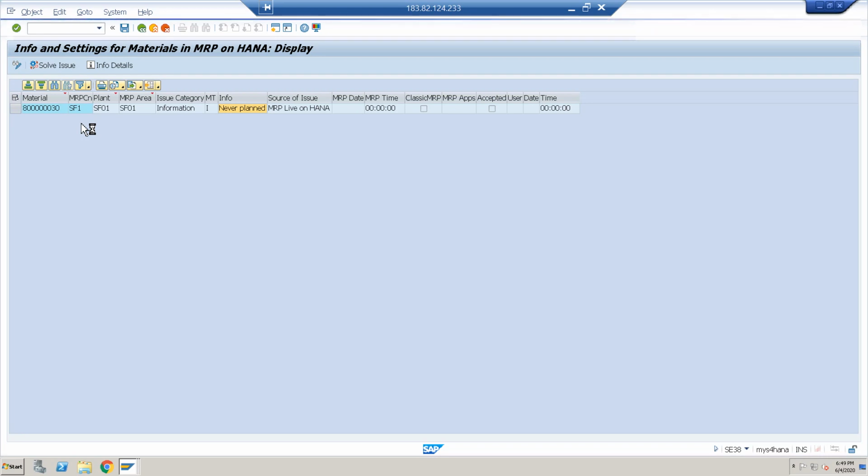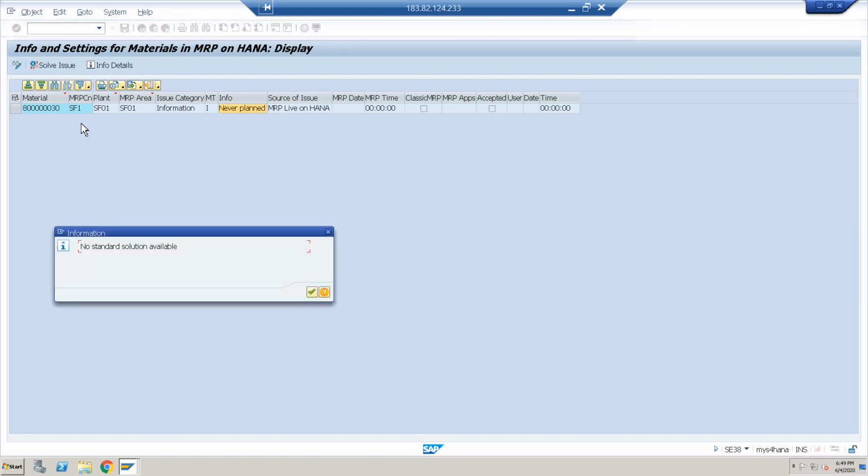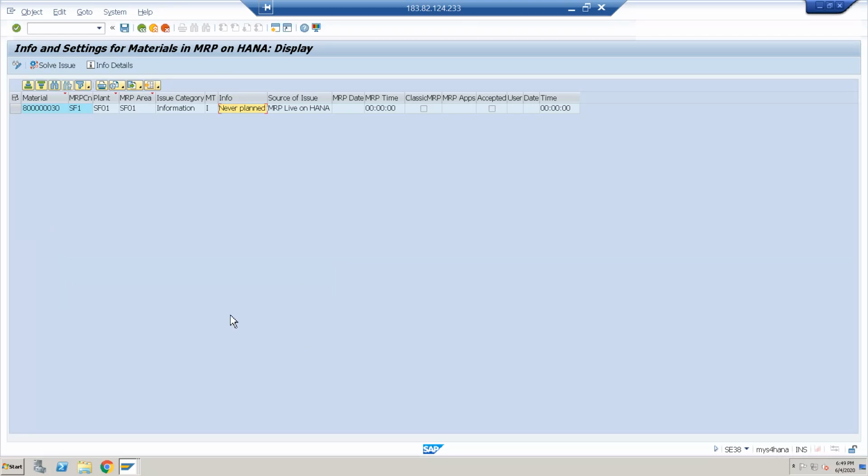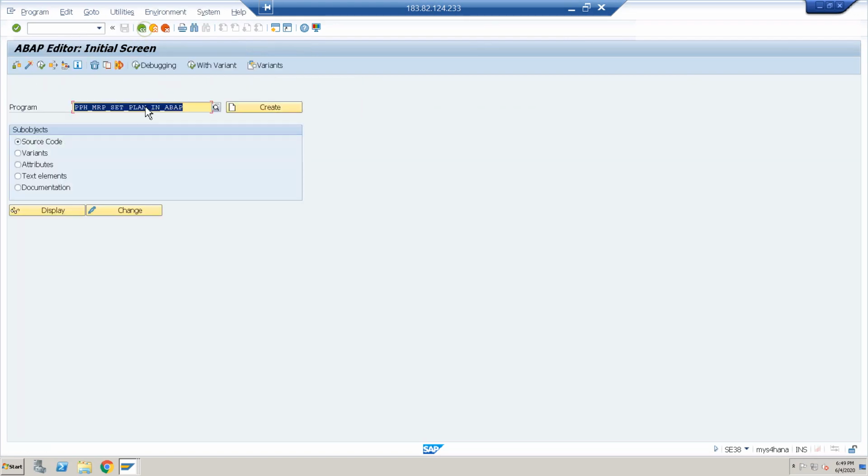Maybe, I don't know what the issue is. If I use MRP type D, it's working, but if I use other MRP types like VB, PD, they are not working. So I'll run another program to see whether it works or not.